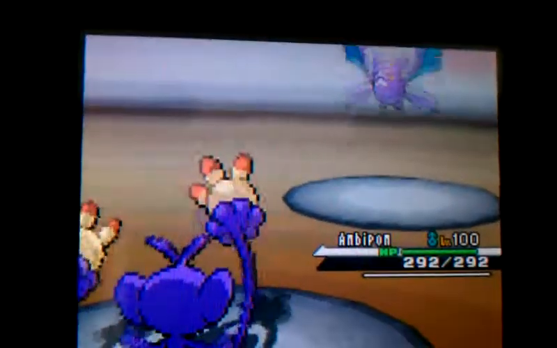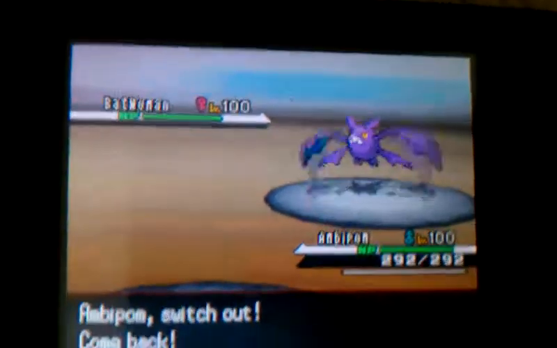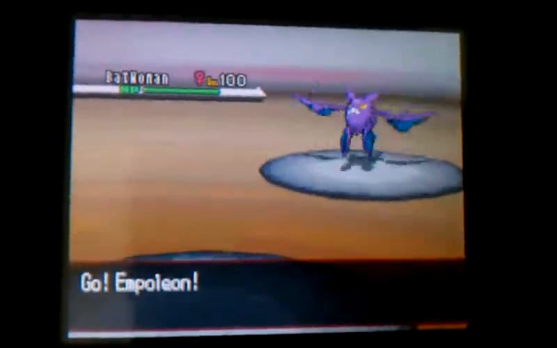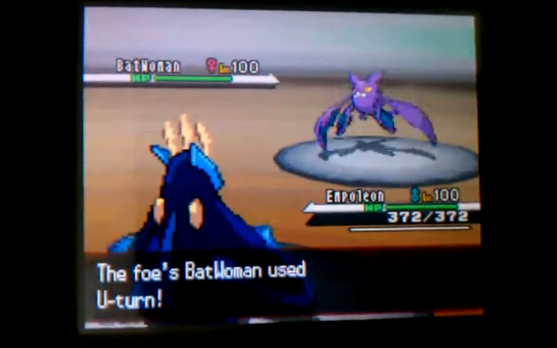Like I said before, I'm going to lead off with Ambipom, hoping to get the Fake Out on stuff, but I forget he has Chandelure for one, and he also has this Crobat, which most likely has Inner Focus, meaning he can't be flinched. So I'm pretty much forced to switch out here. I'm going to go into my Empoleon, because my Empoleon's a defensive monster,